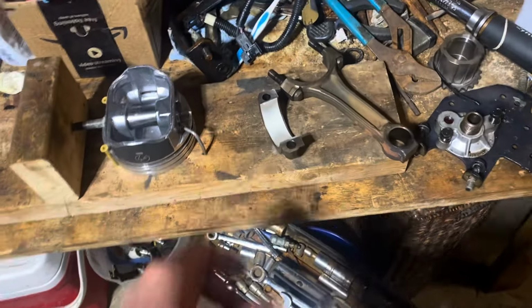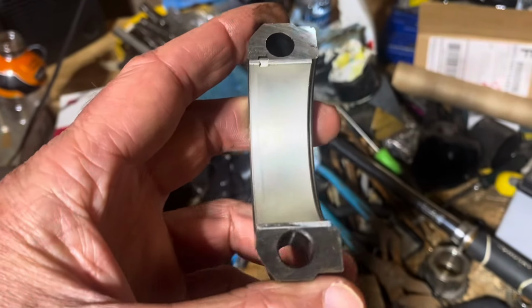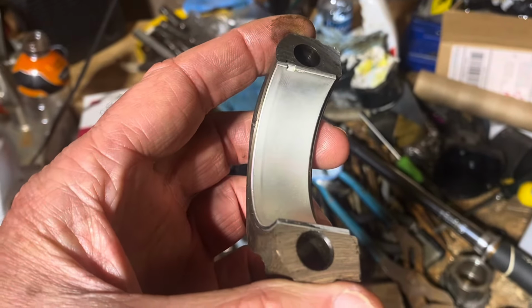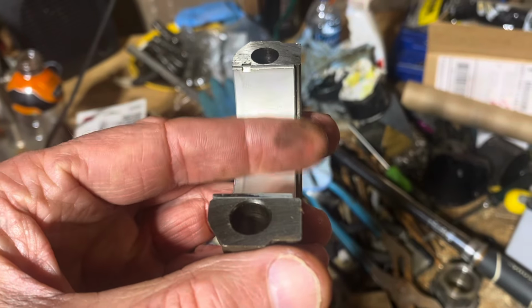So why did I say that? When you put the bearing in, this is called the bearing cap, rod cap, and if you'll notice the bearing is offset to one side versus the other. There's clearance over here and there's not that much clearance over there. So this side here, where my finger's pointing, goes against